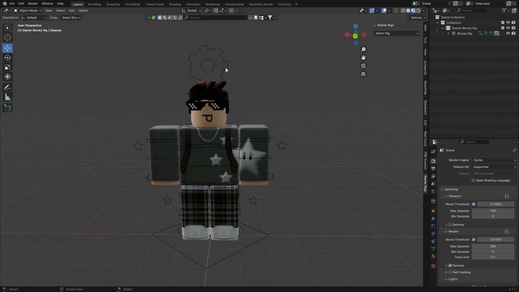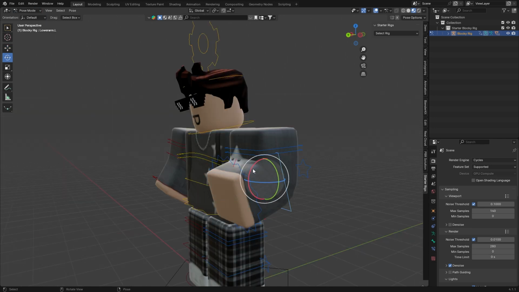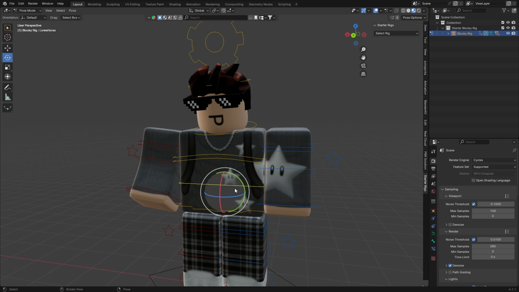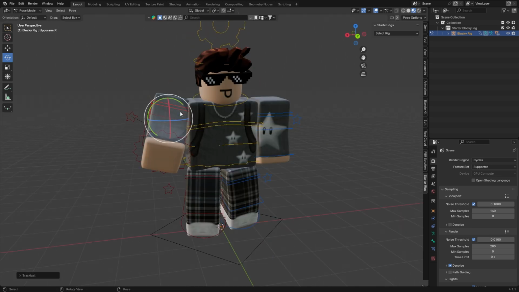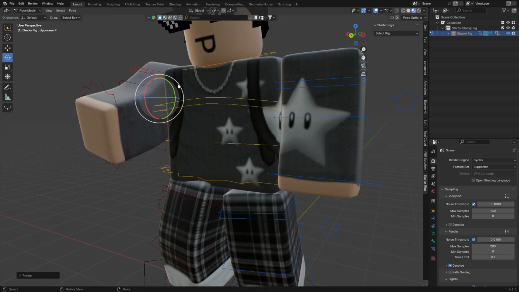So now we need to go ahead and pose it. So we're just going to select the rig in the outliner, and we're going to change it to pose mode once again. So now you want to go ahead and pose them up. You can just select each bone, and then of course use the rotate tool here to rotate it however you'd like. Another thing to note as well is when you bend your upper arm like this,